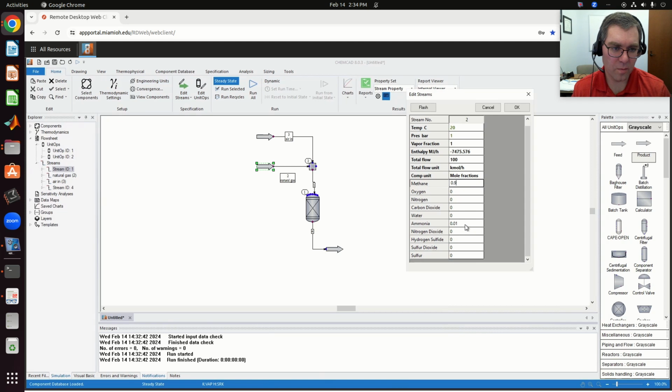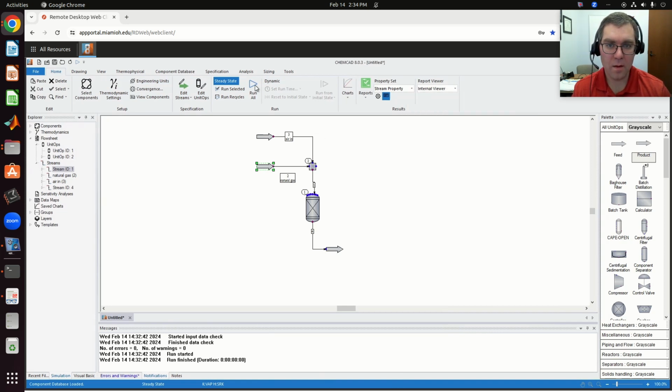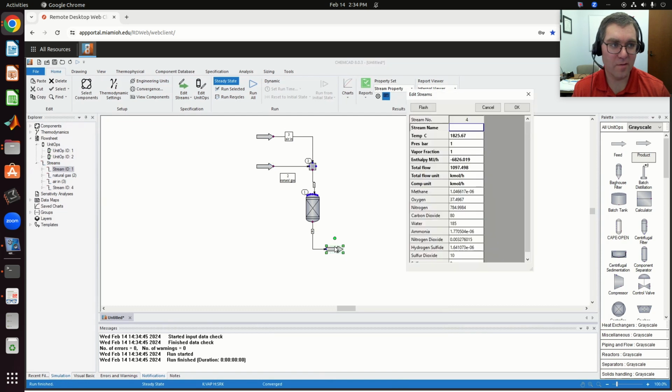Let's make it so we have a little more ammonia and H2S to be able to see anything. So we make this 0.8. And if I do a run all, now I have a 1/10 of a mole fraction of